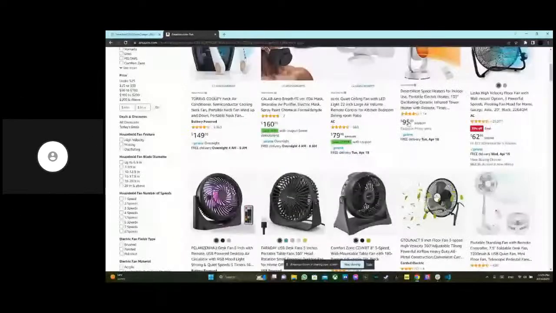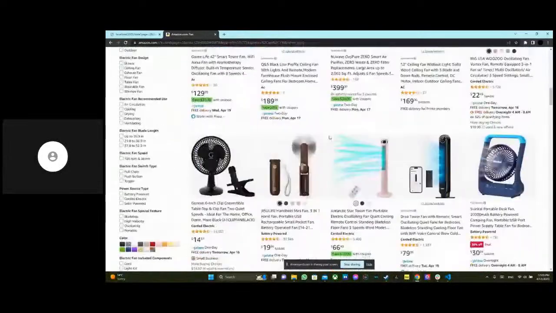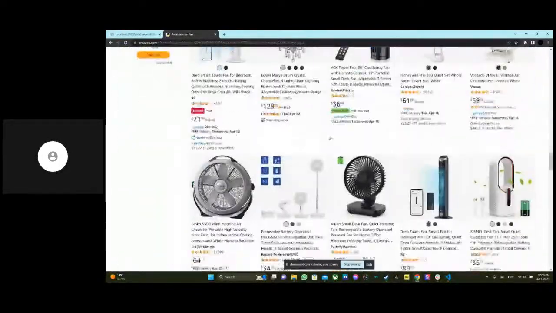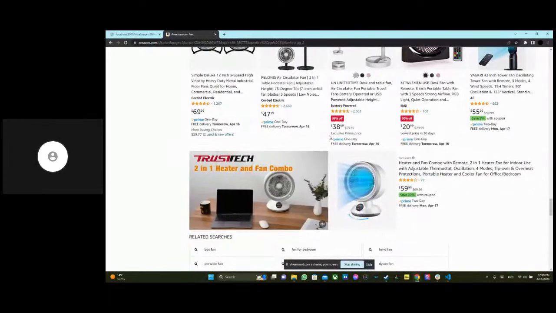We only get around 80 fans, and Amazon splits the results for us into pages, and we can go between pages and explore more